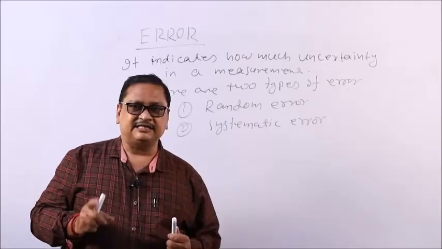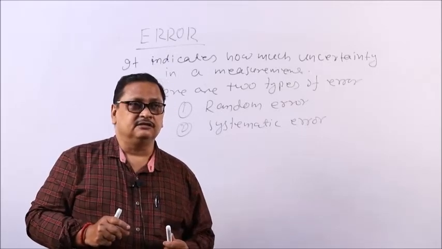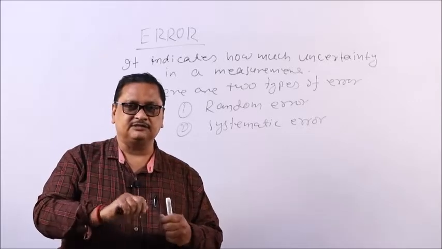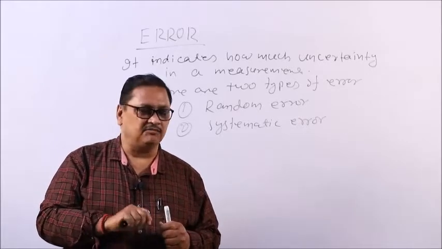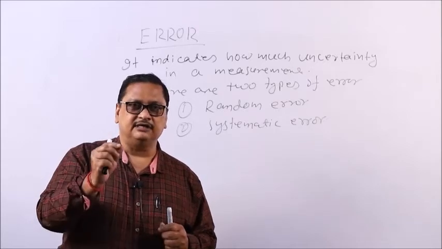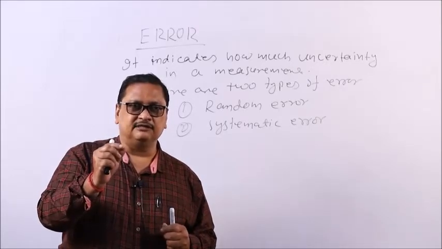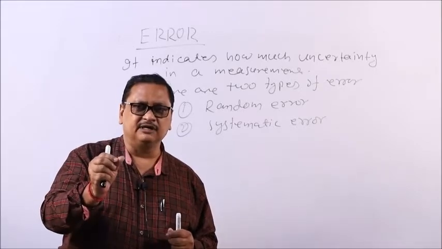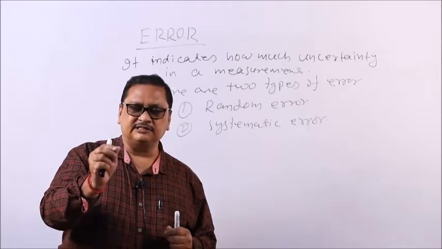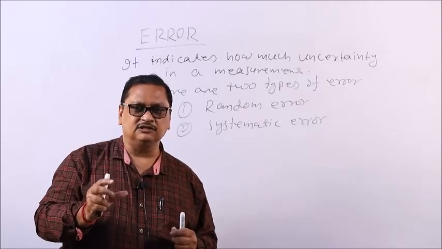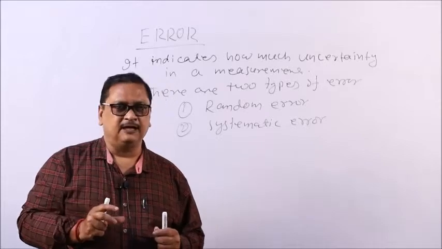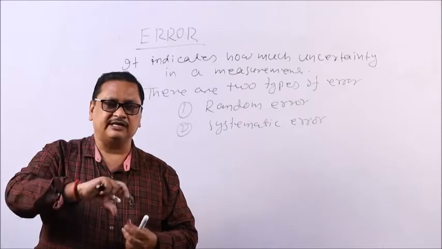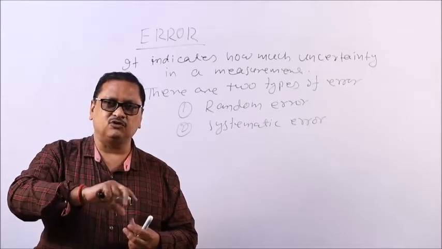Then another is backlash error, which is very important. In the laboratory, we are using some nut and screw instruments, that is screw gauge or micrometer, by which we measure very small measurements, micro measurements. Suppose the thickness of a piece of paper or the thickness of a very thin wire. So, we are using screw gauge or micrometer. So, there is a nut and screw arrangement. In the spherometer also there is a nut and screw arrangement that is rotating.